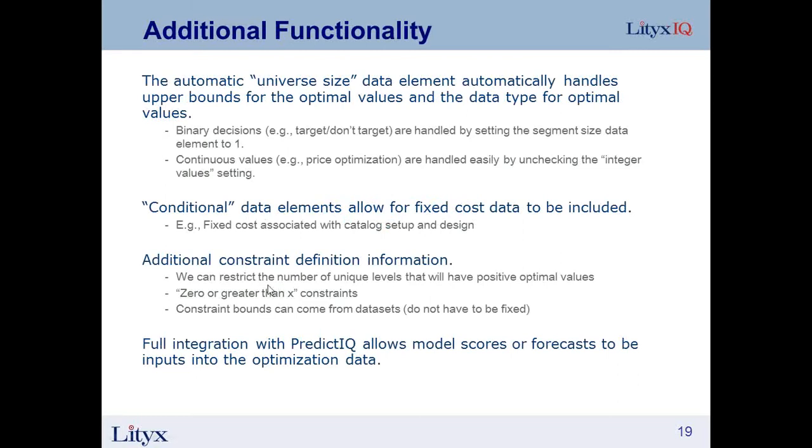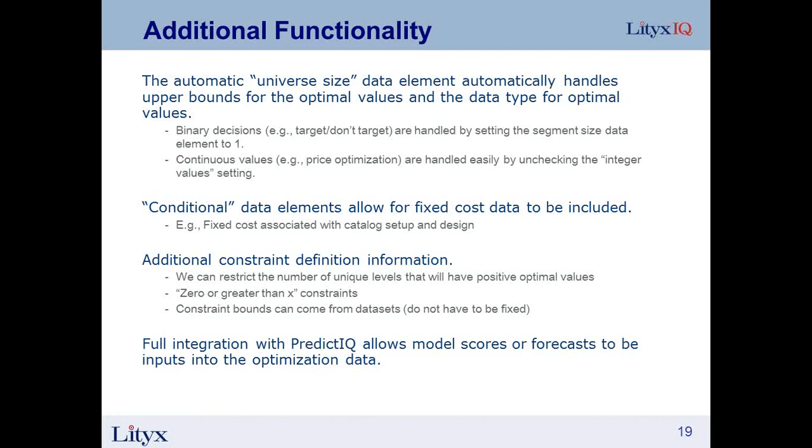I've already mentioned conditional data elements allow for fixed cost data to be included. Additional constraints can be defined a little bit over and above what we've described here in the webinar. So for example, we can restrict the number of unique levels that will have positive optimal values. We can have constraints like 0 or greater than constraints, and we can have constraint bounds that come from data sets. So, for example, we've defined some constraints today that are based on hard-coded numbers like $1,000 or $5,000, but we can import those numbers from data sets as well so that they might be variable for the different levels,